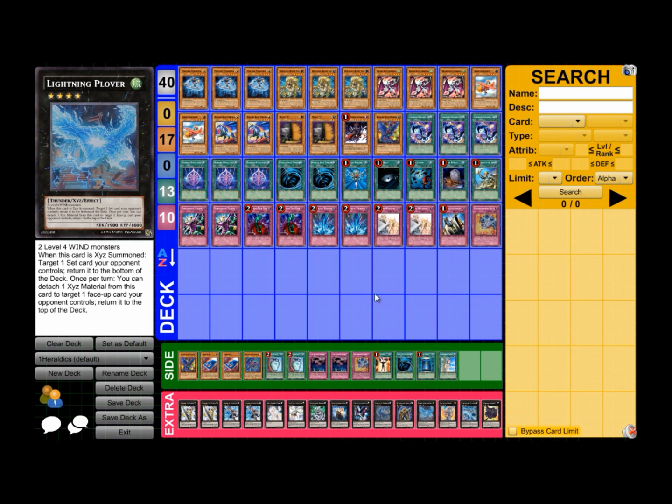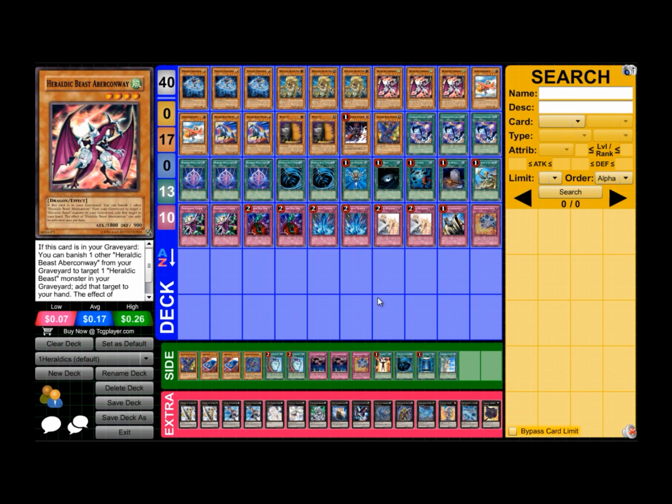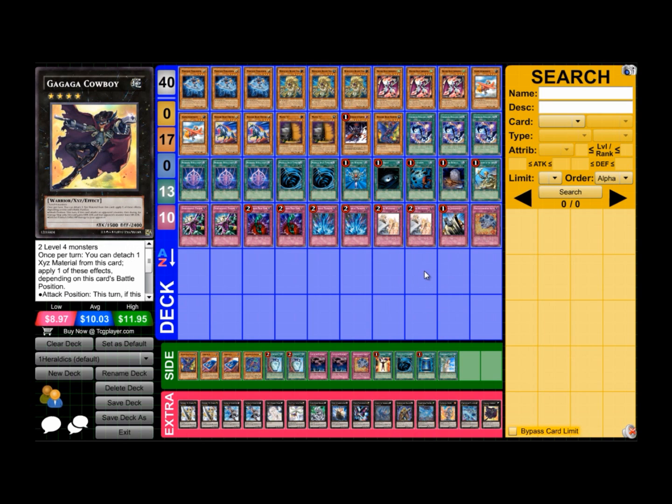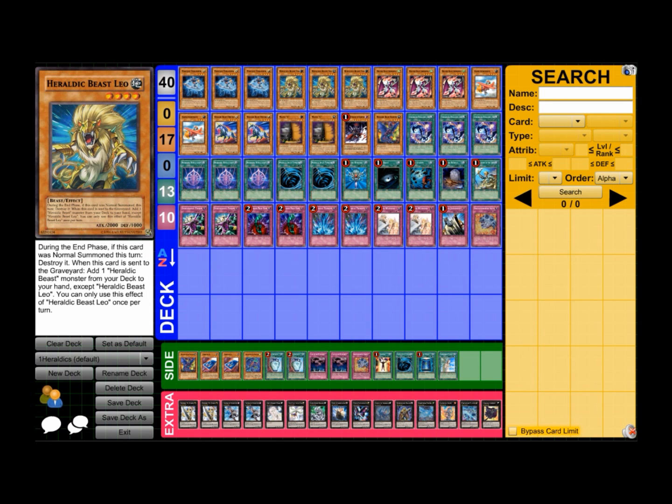I think that's pretty much it. The deck still needs a little more support to put it on top. For example, a Heraldic Beast monster that lets you normal summon another Heraldic monster from your hand would make the deck insanely better,